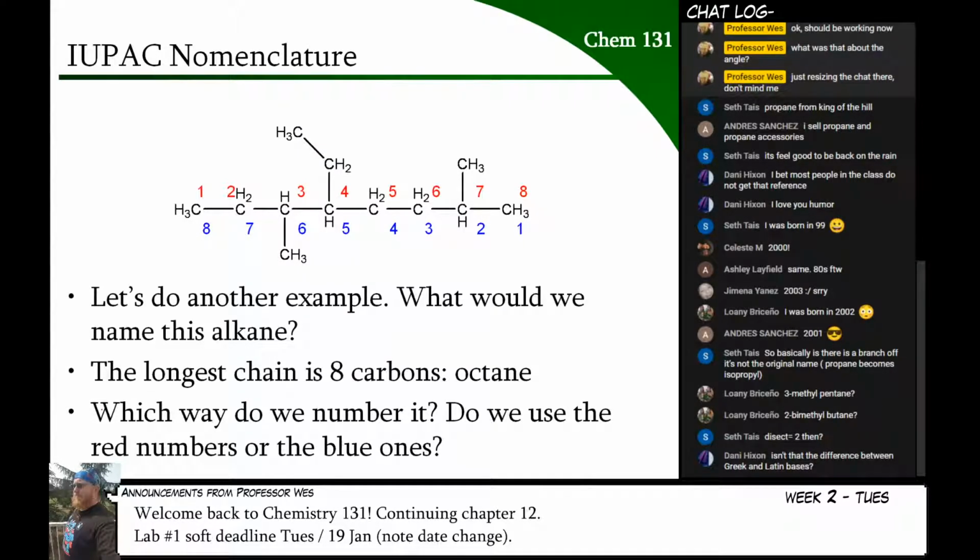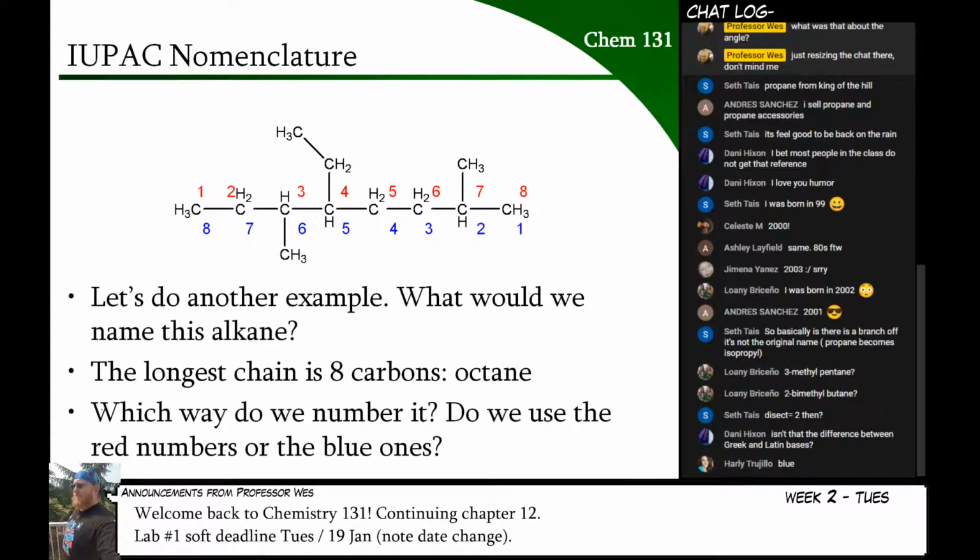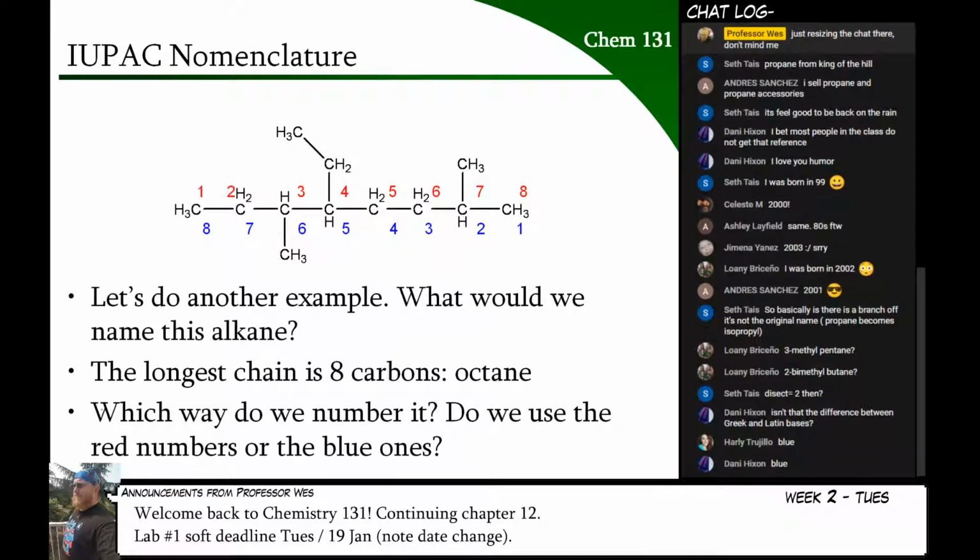Based on what we just talked about, which direction gets you the branches at the lowest number? And blue is correct. Very good. So our branches occur at 2, 5, and 6, whereas on the red path they occur at 3, 4, and 7. So if I were to write those down,